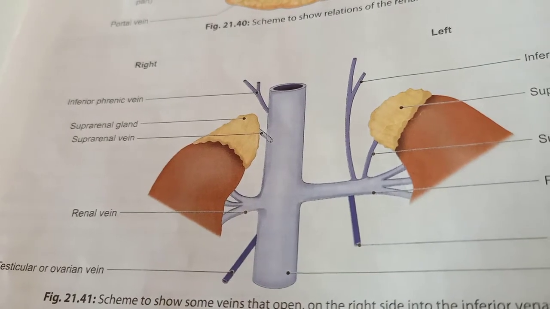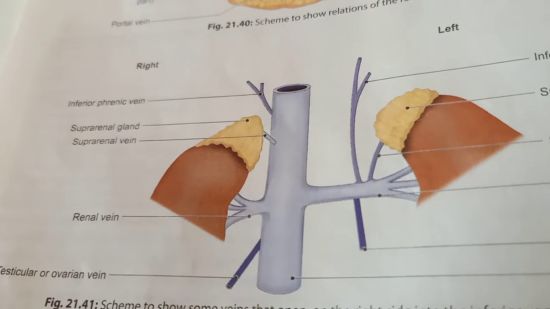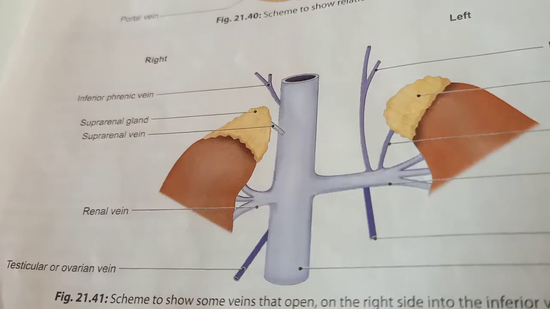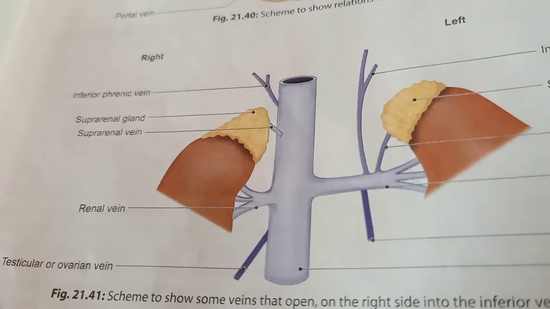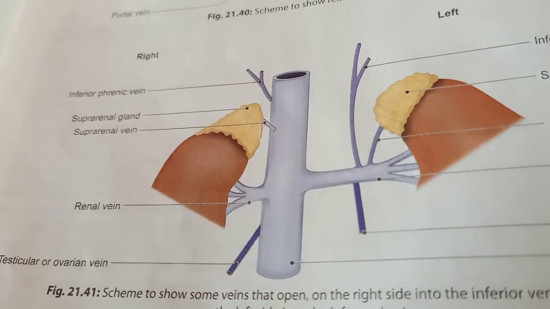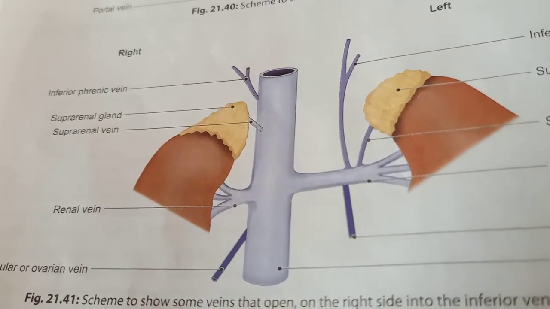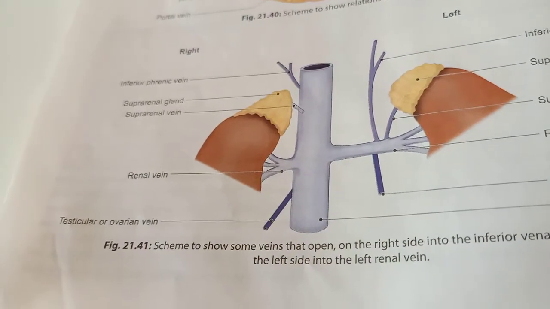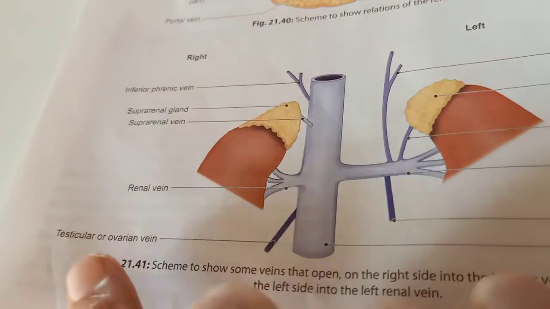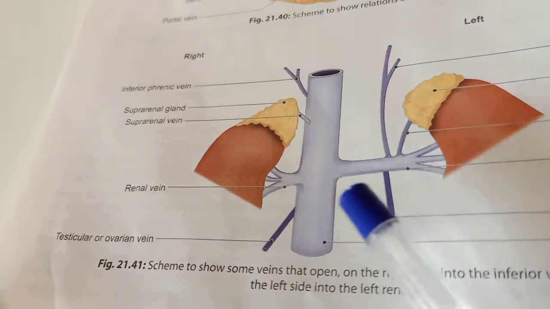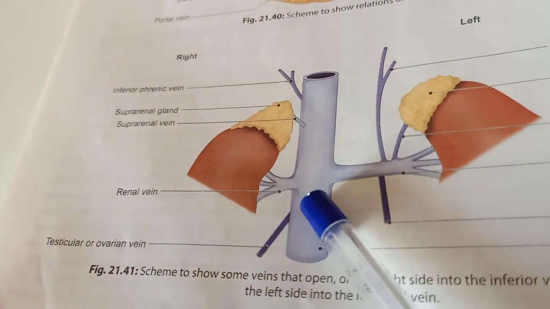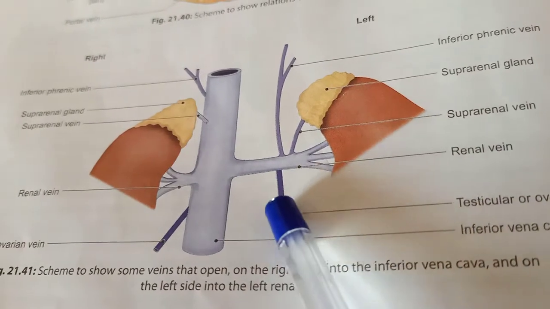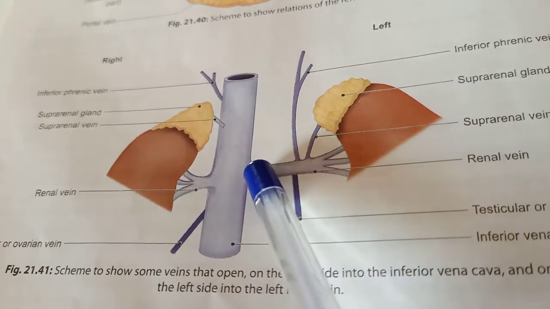Now at the deep inguinal ring, these veins emerge from this plexus and run over the lower part of the posterior abdominal wall along the testicular artery. So these are the testicular veins or the ovarian veins. The testicular vein on the right side opens directly into the IVC, and on the left side the testicular vein opens into the left renal vein and then into the IVC.